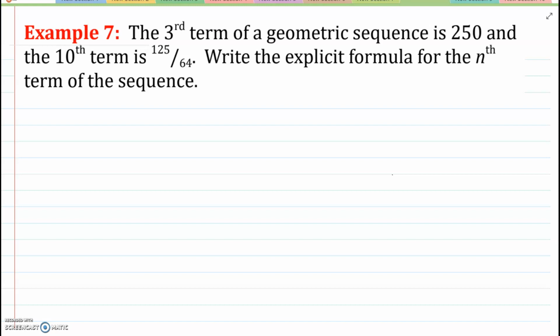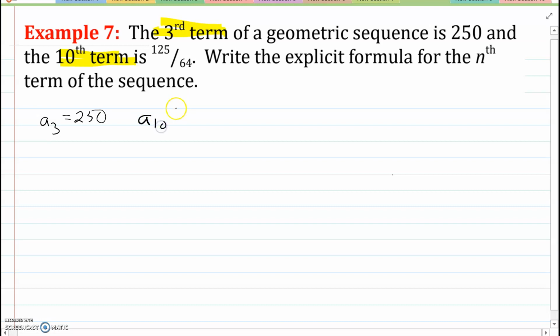And the last type of problem that we're going to do, I've got two examples of here. It's going to be one where you're told the not first term and another not first term. In this case, we're working with the 10th term and the third term. So let me write it using the proper notation. I've got that the third term is 250. I've also got that the 10th term is going to be